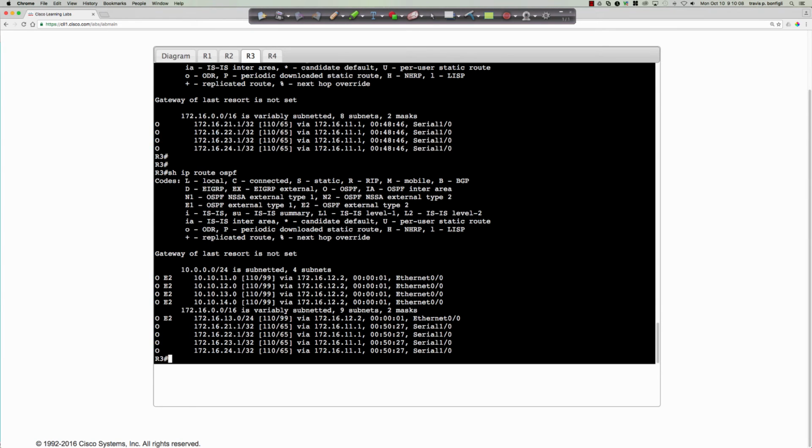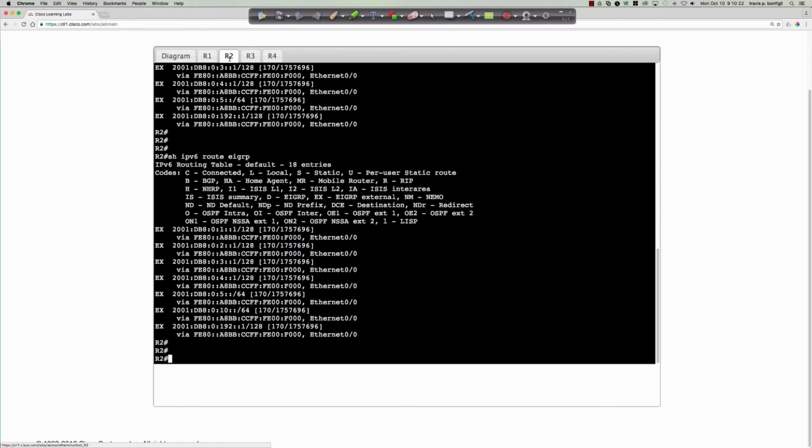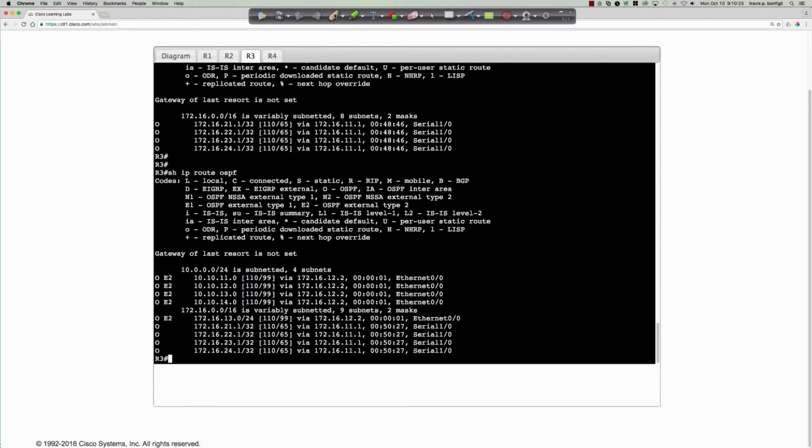Okay, so I must have typoed something earlier. So again, you can see that the seed metric, I changed it. I said make it 99, but it's still OE2. And so a quick note, and we kind of talked about this briefly. Let's get back over here to router 3. We talked about this briefly last week, is remember that